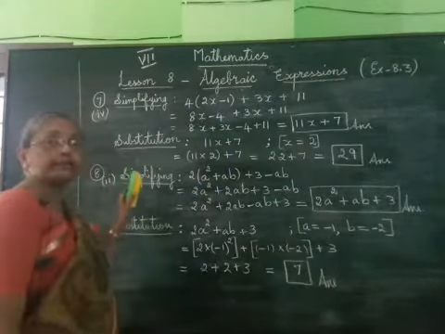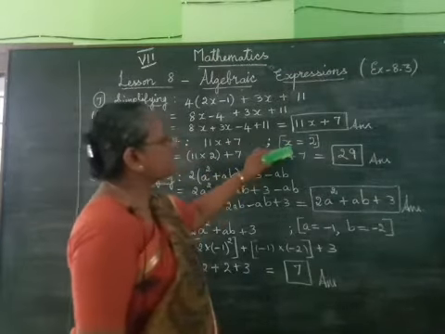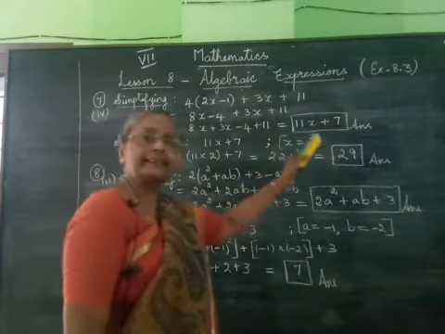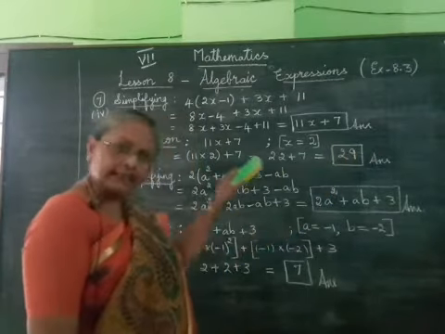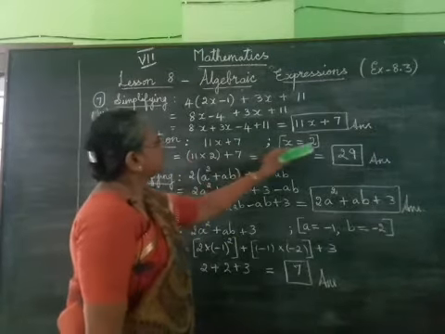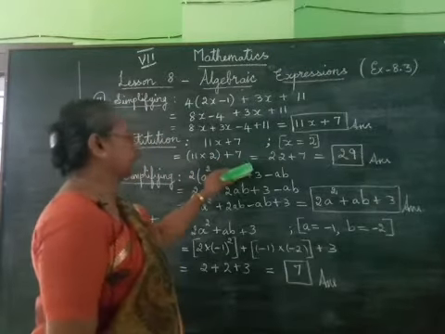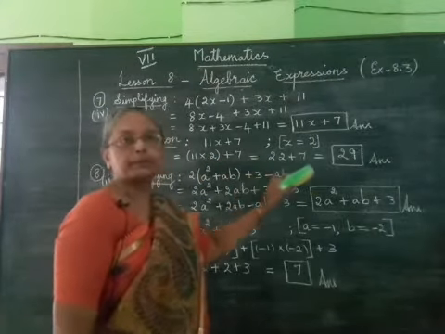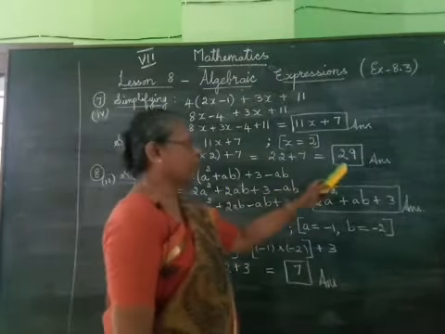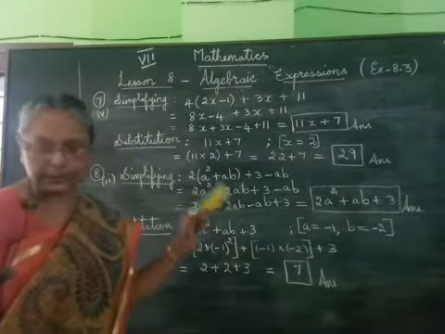Now, we will find what is the value by substitution. So, we will put value for x as 2 and we need not go to the original expression. We can see the simplified expression and there itself we can put the value, which will make it easier for us. So, in x we will put 2 in this expression. 11 into 2 plus 7. 11 into 2 is 22. 22 plus 7 we get 29. So, see how easily your answer is coming. So, we get 29 as the final answer. This is the value of the expression.